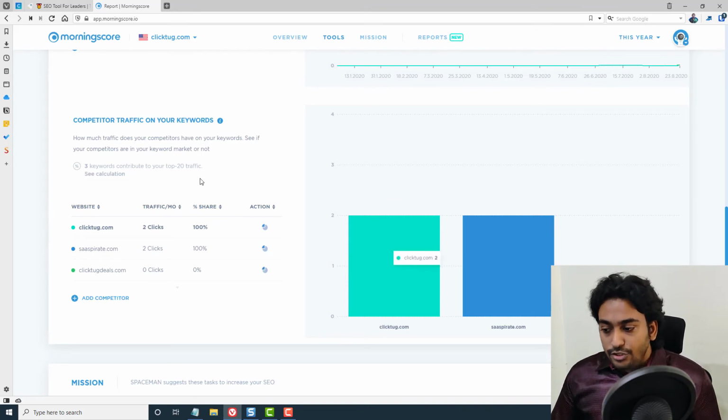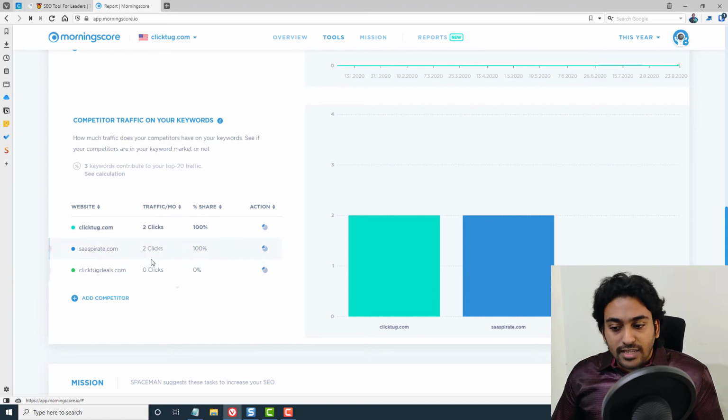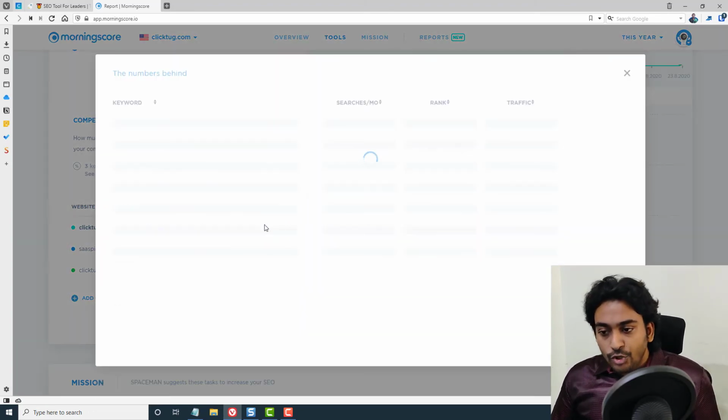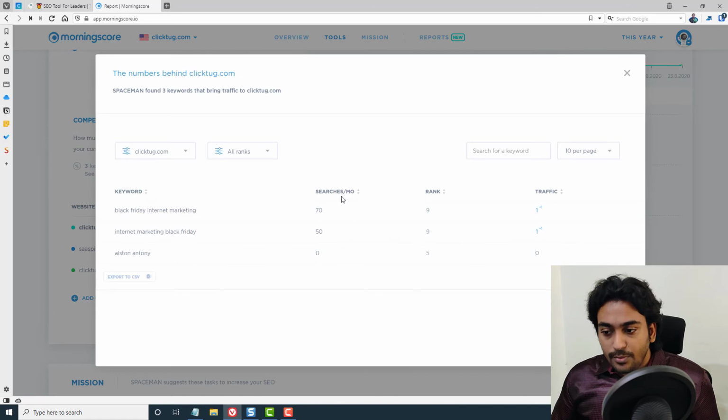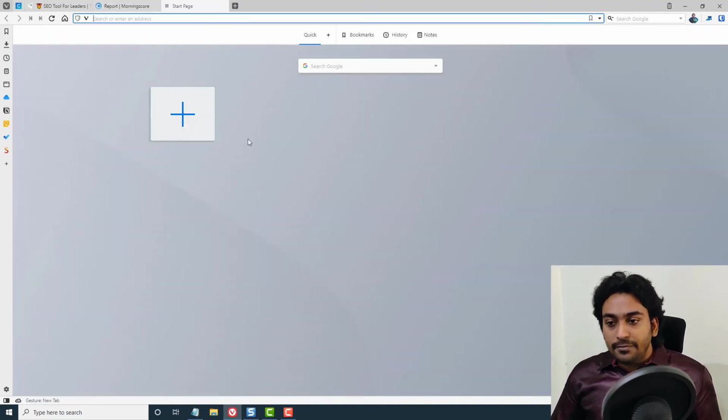So for example, showing all the different elements. Since this is a demo project, there is actually not much data, but in a real life example, you would see these results make much more sense to you. And you can also go into this to see more in-depth data from here as well. So those are the main